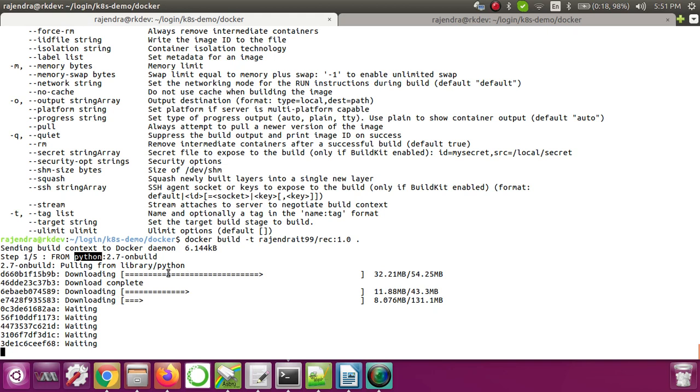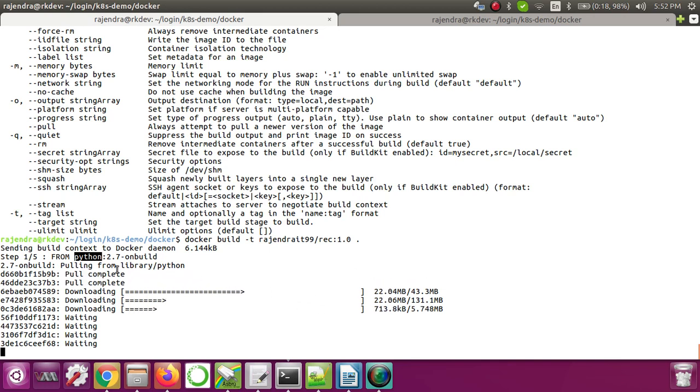If you see, in that image as well we have multiple layers. The first layer is 54 MB, and almost 42 MB of it is downloaded. The second layer is already completed, the third and fourth layers are in progress, and the next few layers are in waiting state. The first layer is completed, now the second, third.